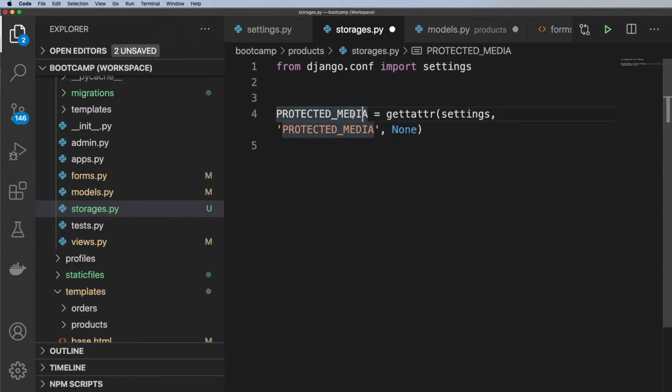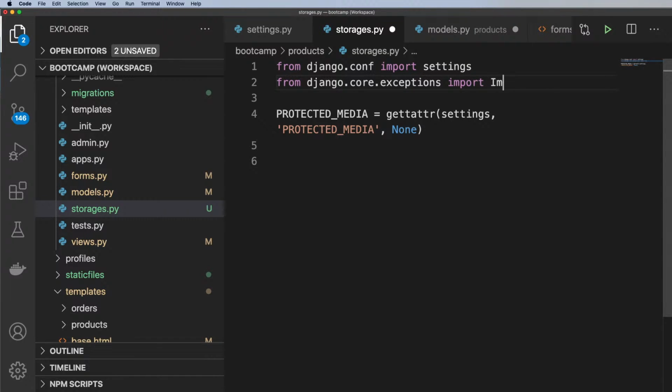And just like the media files, this can be a production server for static files. It could be on S3, it can be on Google Cloud, or Azure has some stuff too. And there's a lot of places to store this. So I also want to have an improperly configured exception. So you'll see this on all kinds of applications, or third-party packages, if you don't actually set it up correctly. So I'm going to go ahead from django.core.exceptions